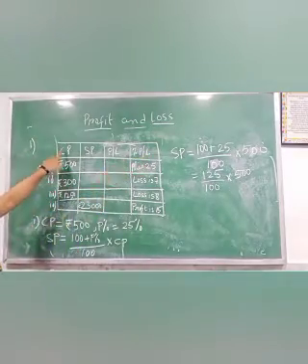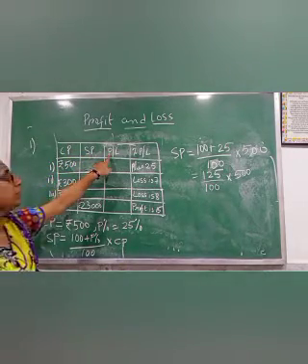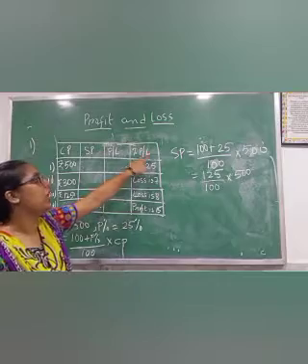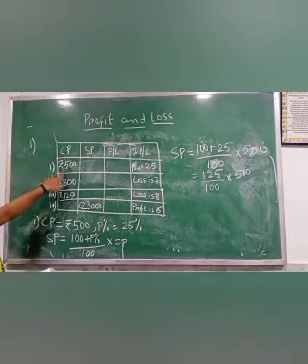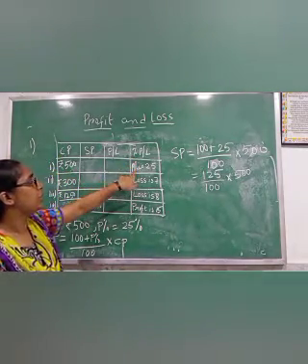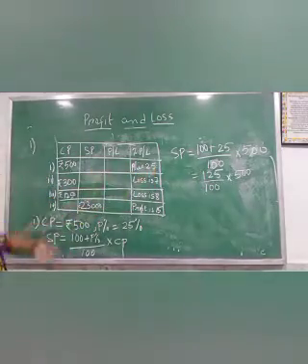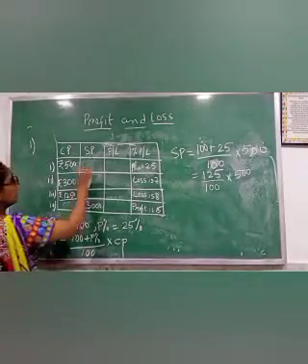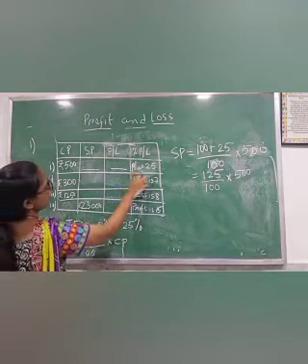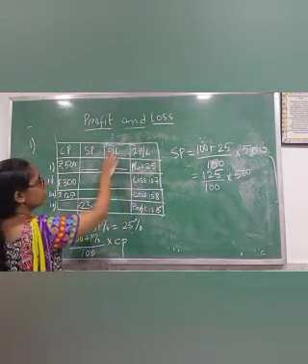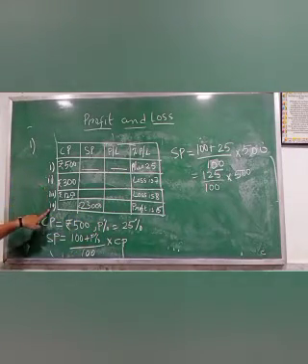Okay. In the first question, CP means cost price. Okay. I am writing short form. CP means cost price, SP means selling price, P means profit, L means loss, percentage of profit or percentage of loss. Okay. Now you can see in the first question, CP is given 500, percentage of profit is 25, means profit percentage is given 25, and they are telling you to fill the blank. This one and this one, means we have to find selling price and profit. Okay, why profit? Because it is given in profit. Okay, profit percentage is given, means we have to find profit only. Okay, now first you have to, I am writing 1, 2, 3, 4 for understanding. You can write only.